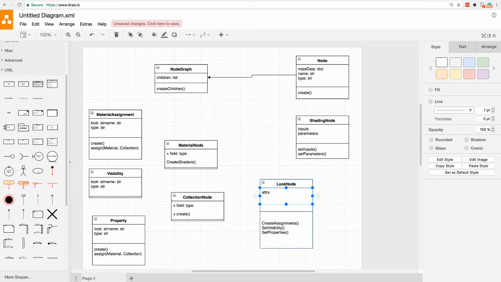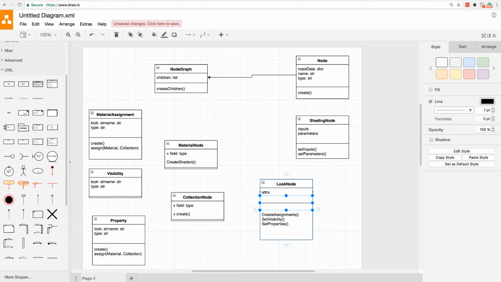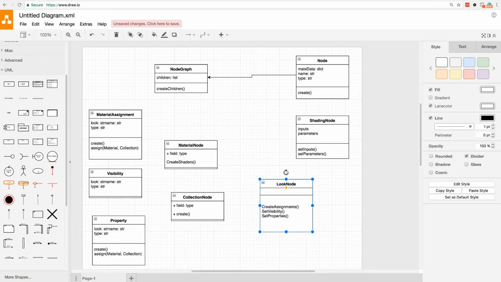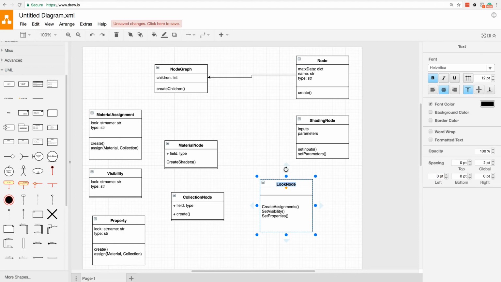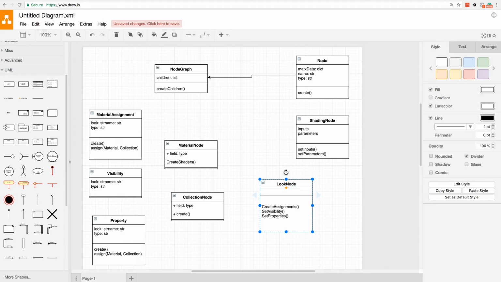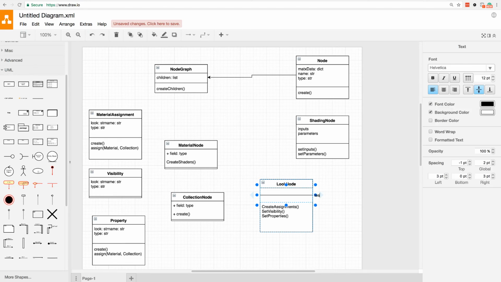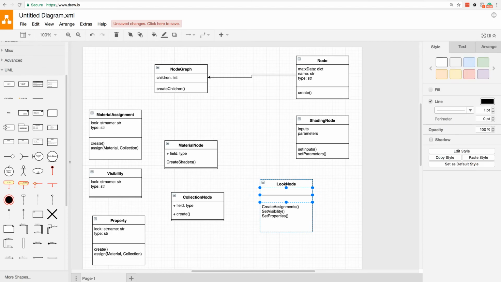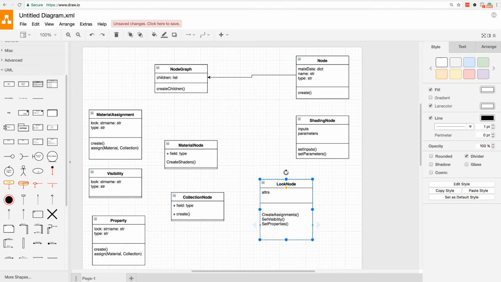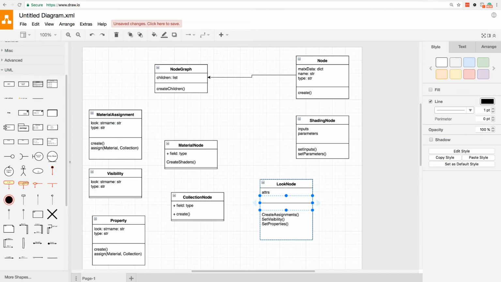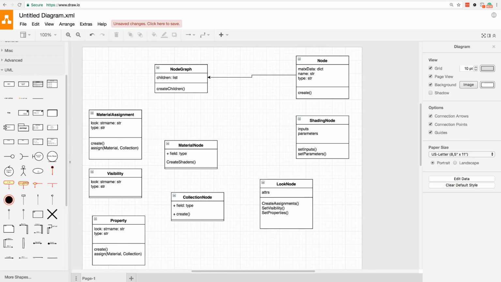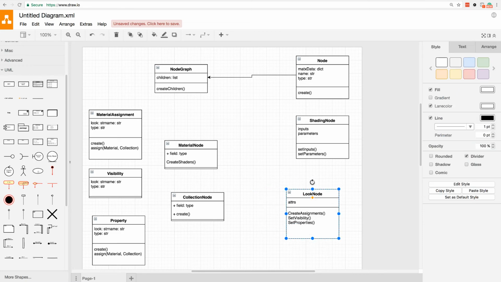And then let me see if I can make this smaller. It's acting weird. Okay, let's do this. I get it. That's just a separator. Okay, so where were we? Sorry about that. It took a little bit of time.